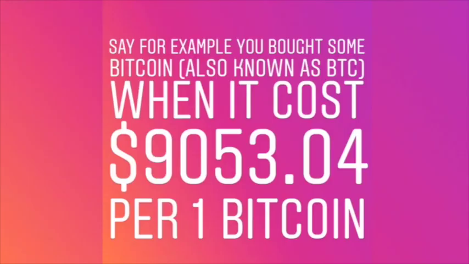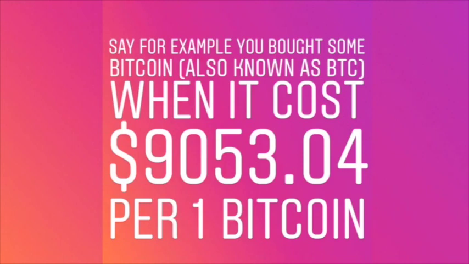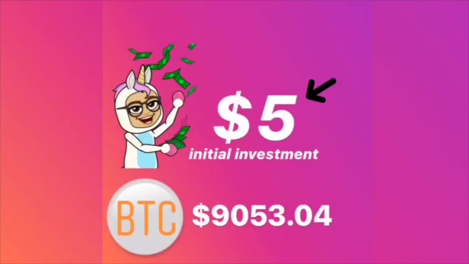Say, for example, you bought some Bitcoin, which is also known as BTC, when it costs $9,053.04 per one Bitcoin. As you may or may not know, you can buy a slice of Bitcoin, a sliver of Bitcoin, a half of Bitcoin. Bitcoin, as many other of the cryptos, are divisible. That just means that you can buy one little piece of it. You don't have to buy an entire unit. So in our example, one unit of Bitcoin costs $9,053.04. If we're putting in $5, how much of one Bitcoin would I own if I were to put in $5 as my initial investment when one BTC costs